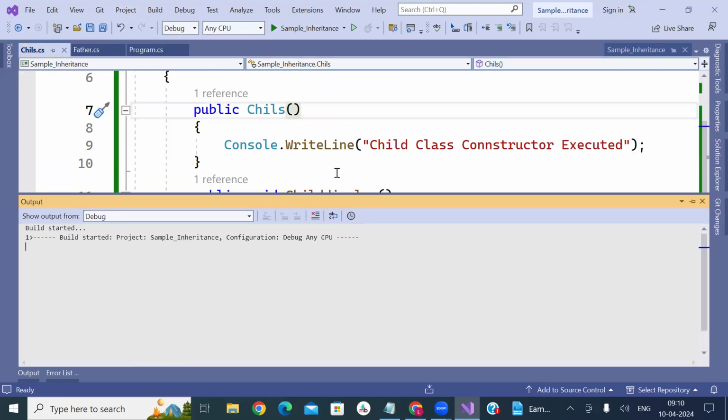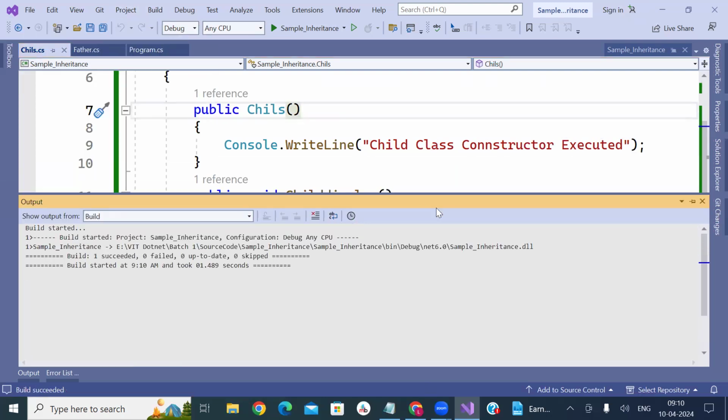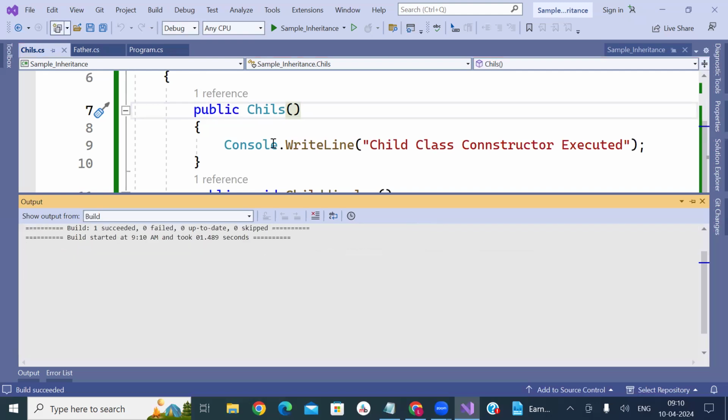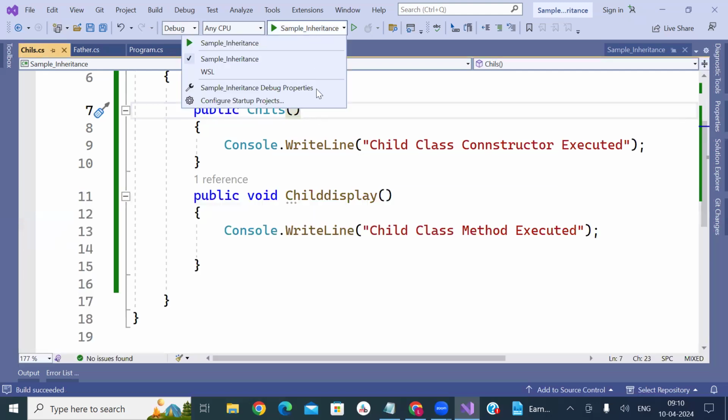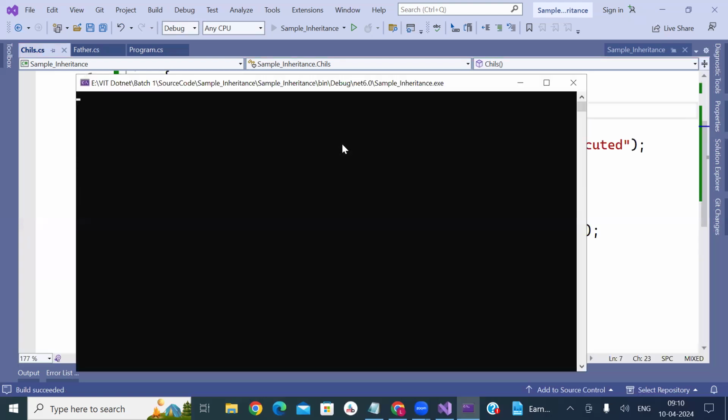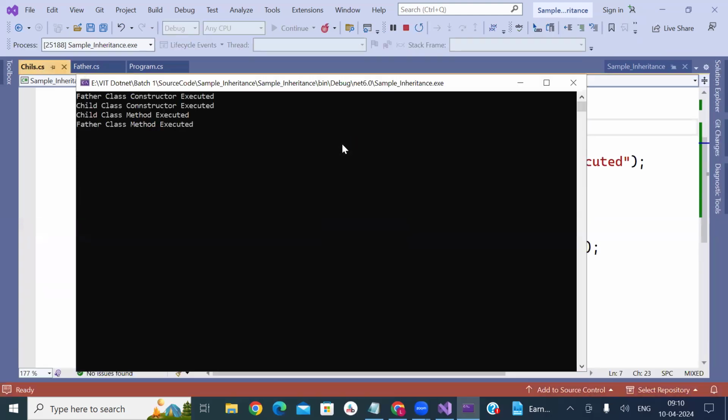Now I build the project and try to run. You see which is executed first, second, child class, after that the other class.